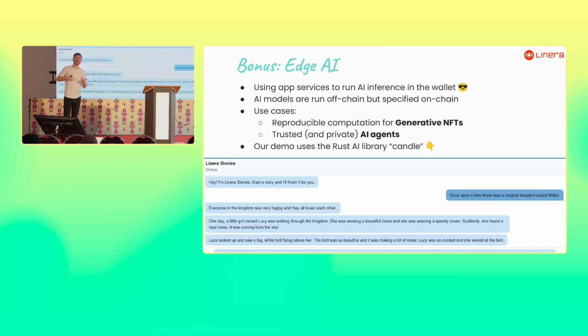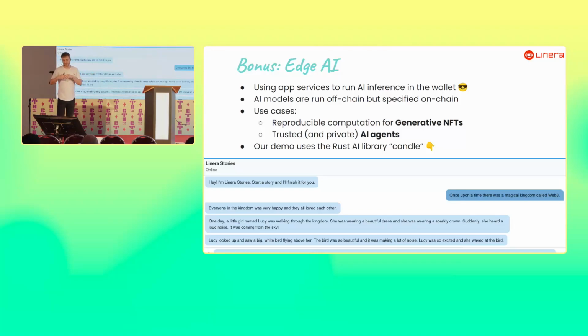So you're like, OK, but why should I run AI inference in my wallet? Well, the wallet is a secure enclave that is running trusted code that is either deployed by the provider of the wallet, the software developers of the wallet, or that has been deployed on-chain and has been audited by the community.